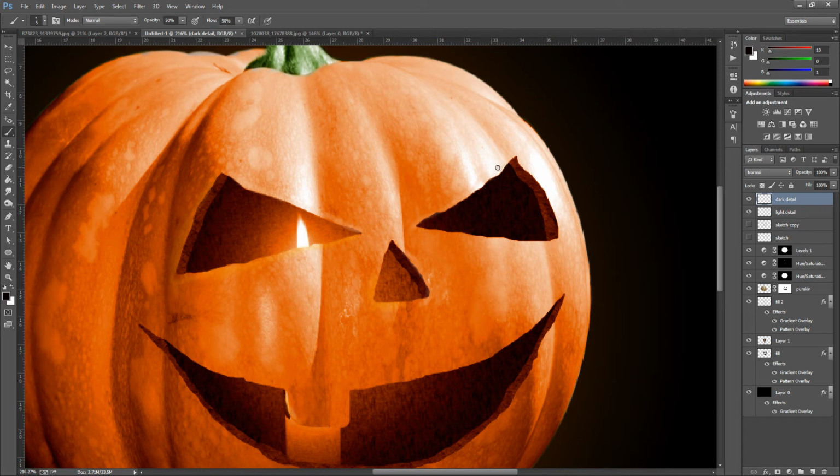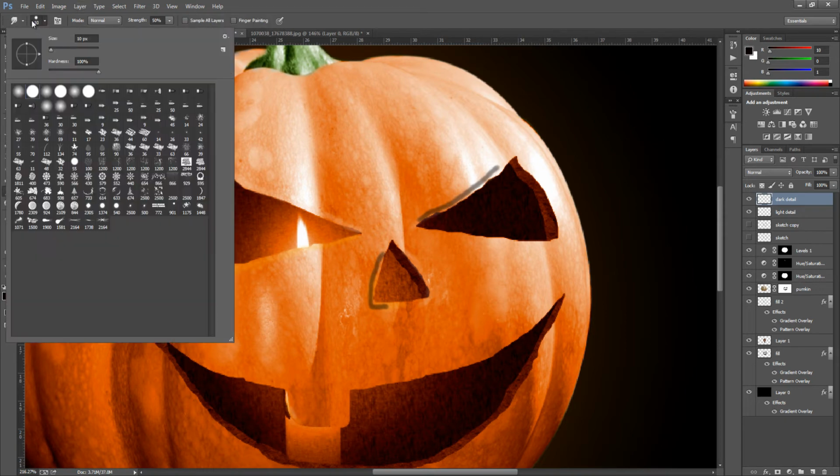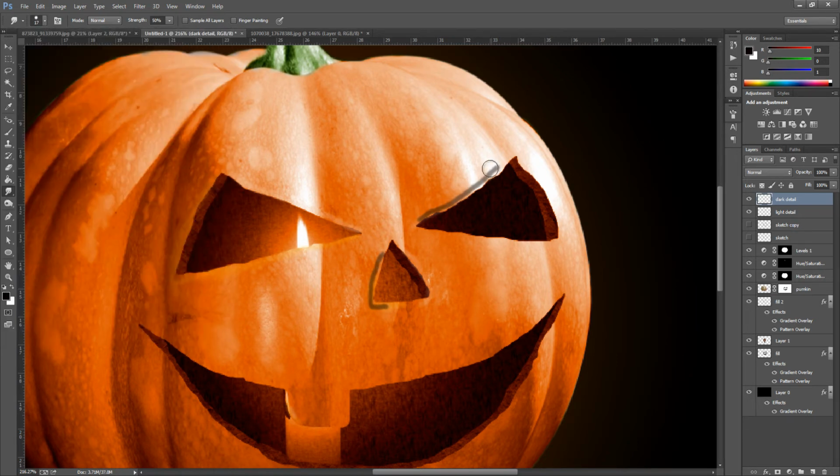And then we can just add in just around here and just lightly over the nose, getting really close to the edge like that. And then we're just going to go and smudge it. So go back to the smudge tool. We want a brush size around about 17 pixels for this. And we're just going to go and smudge it.